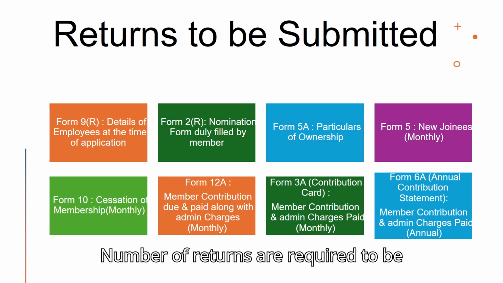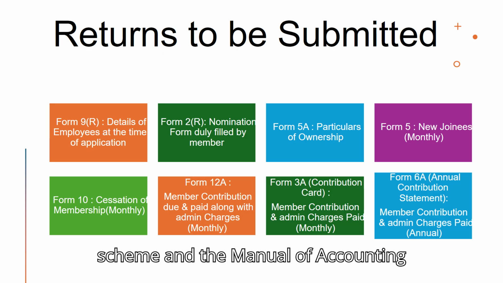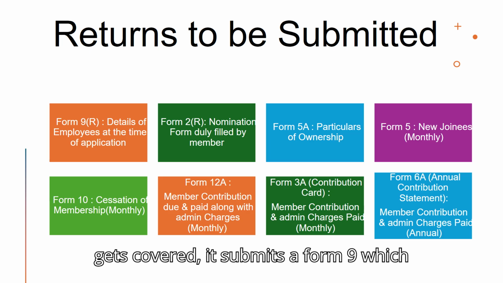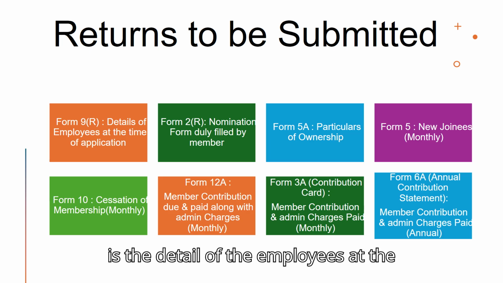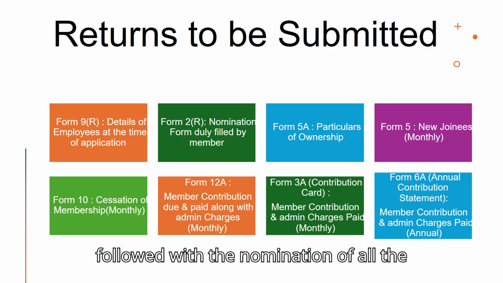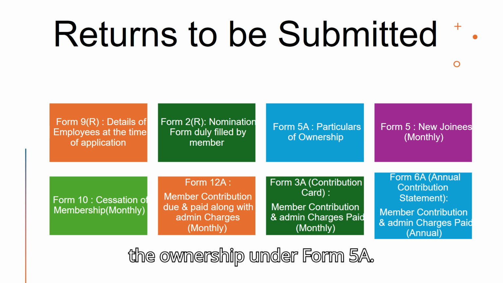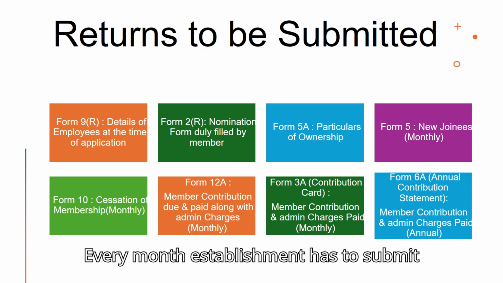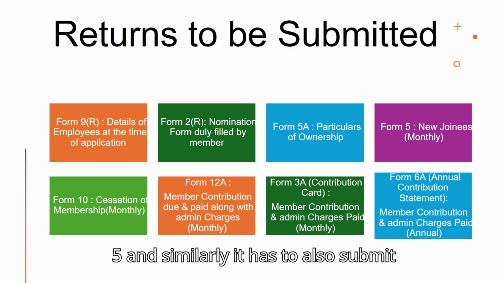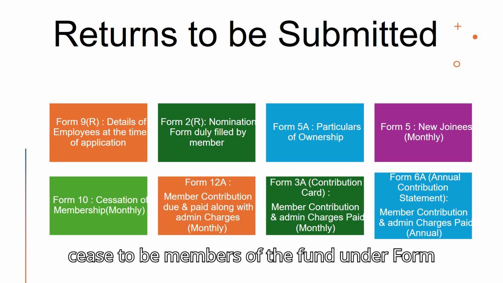A number of returns are required to be filed by the establishments under the EPF scheme and the Manual of Accounting Procedure. When an establishment gets covered, it submits a Form 9, which is the detail of the employees at the time of application. This is followed with the nomination of all the employees who have joined, particulars of the ownership under Form 5A. Every month the establishment has to submit details of the new joiners in the form of Form 5, and similarly it also has to submit the details of employees who cease to be members of the fund